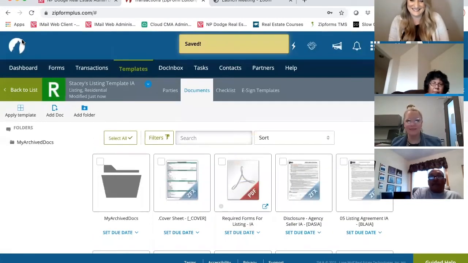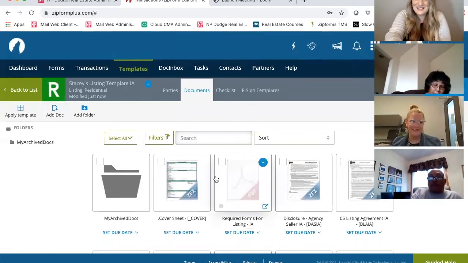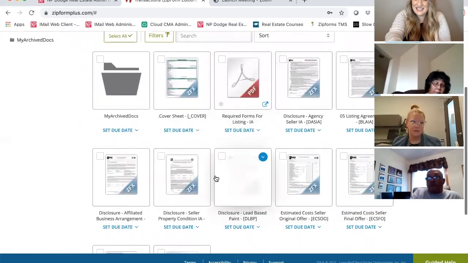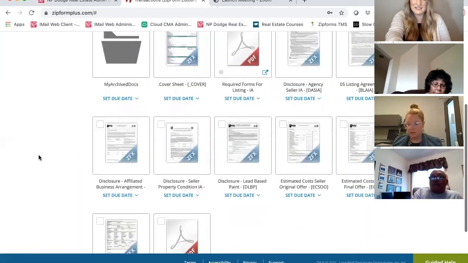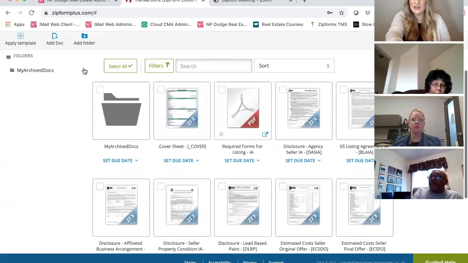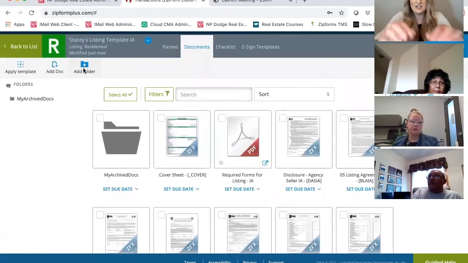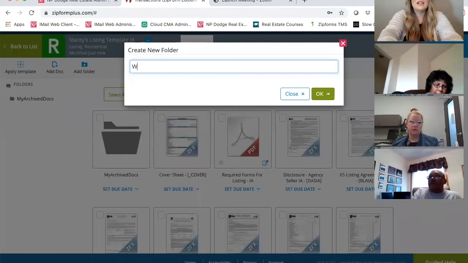Okay, and as I scroll down you'll see all the documents in this folder. Those of you who are in Nebraska, this looks a little bit different because I pulled an Iowa listing packet just so that I cover my bases. But again, here I can create folders to organize this better. So maybe I want to have my working documents,